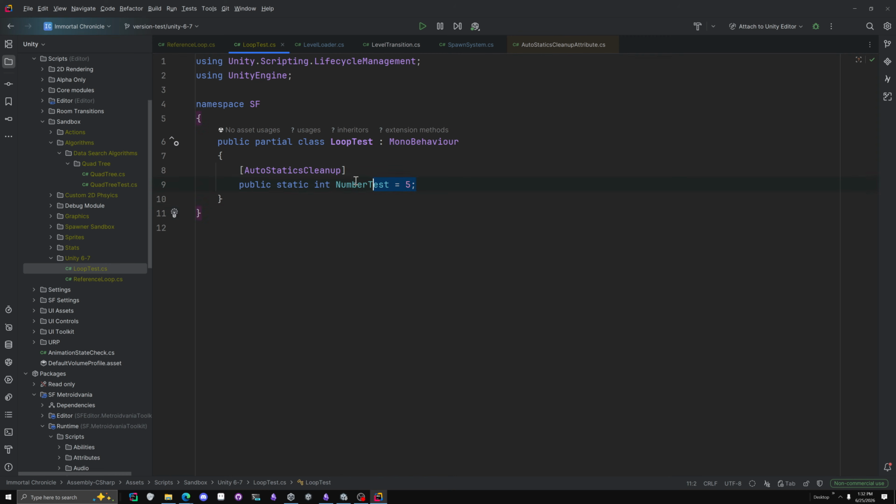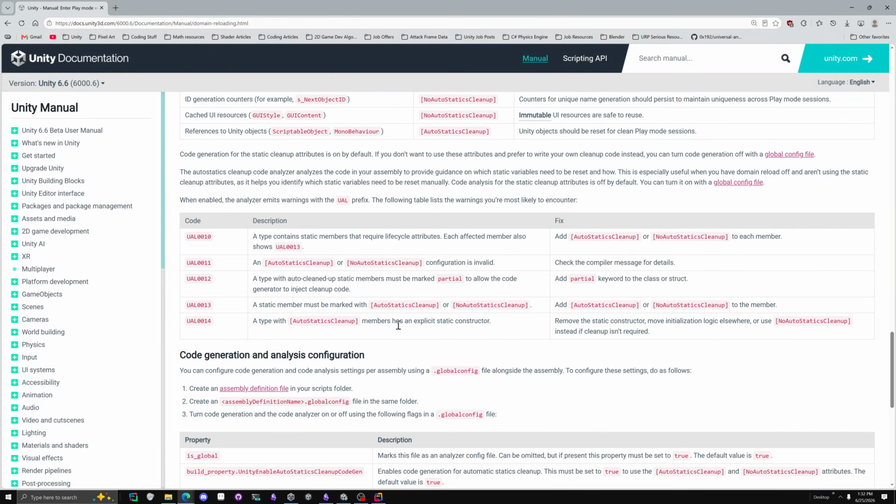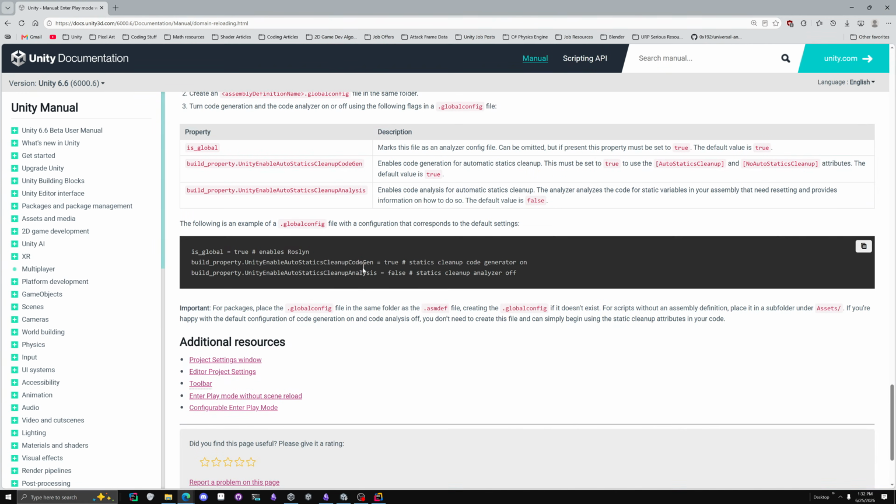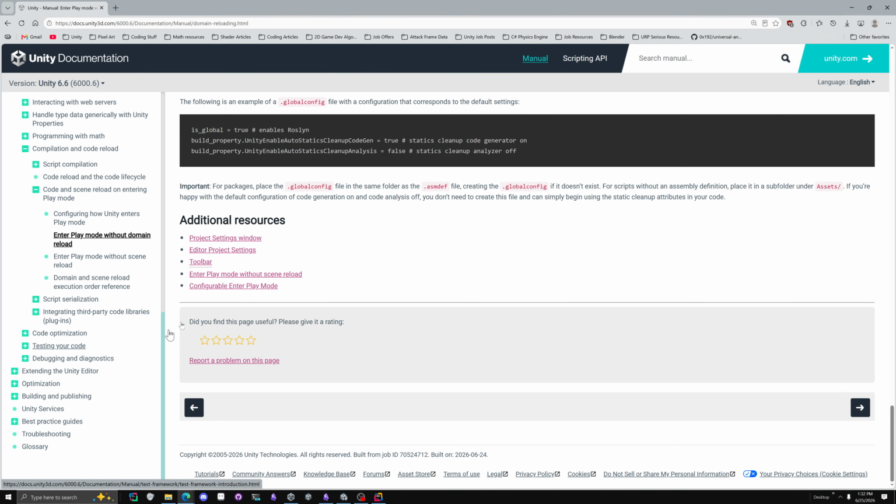So it just reinitializes the field. It doesn't change it to the default of the type. If you have an actual initialized value, it'll make sure it goes back to that, which is very useful. And they did add new warnings and error codes for the Roslyn compiler to also help warn people if there's a mistake or something. Just heads up. But there was also